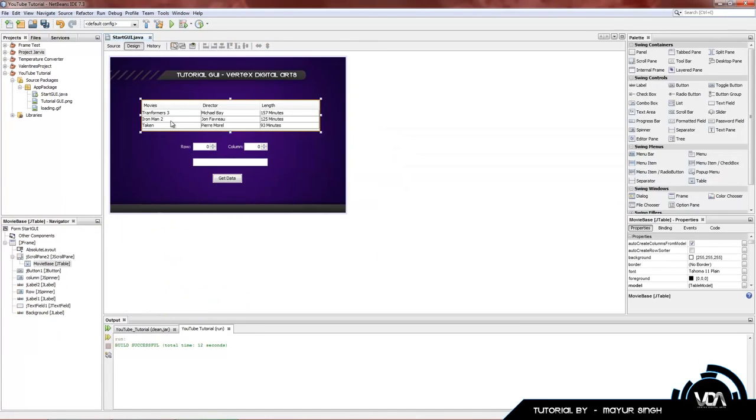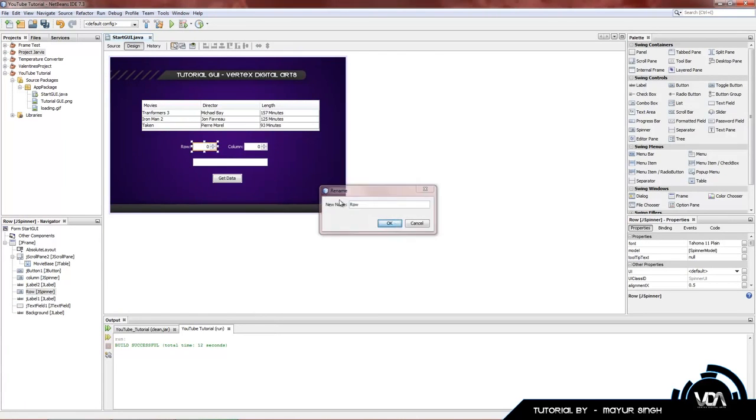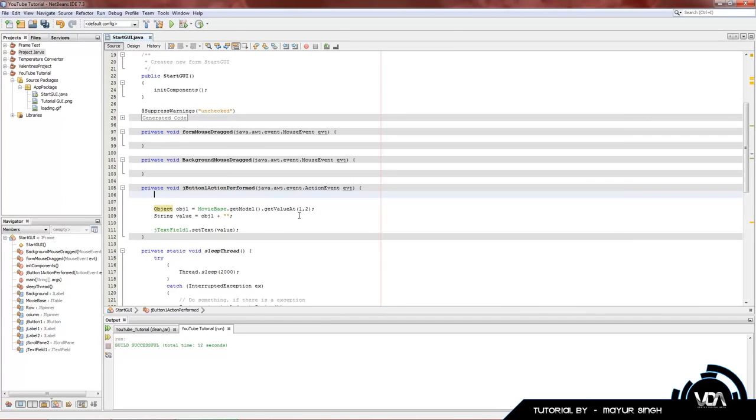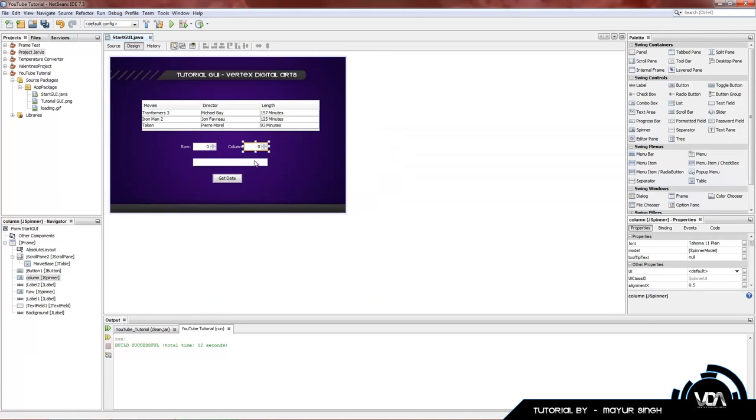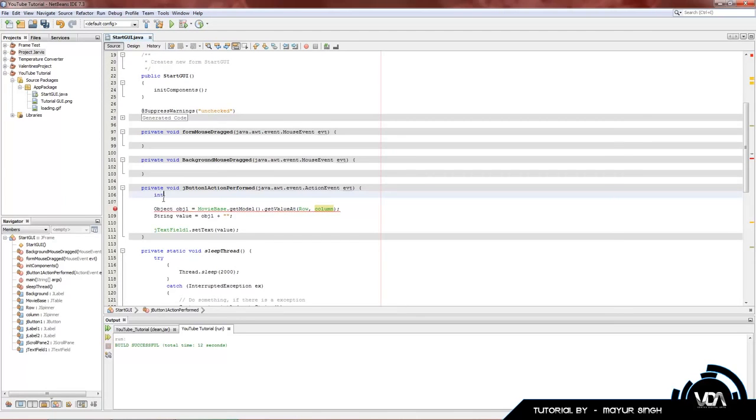Okay, that's done. Now let's add code to use this row in this column. I'm going to change this variable name to row, change this variable name to column. Already did that. Okay, source. Now let's change this to row and column. Okay, so obviously we got an error now, but we're going to fix that. So let's name our spinners. Okay, our spinners are renamed to row and column, but spinners use an integer. So int row